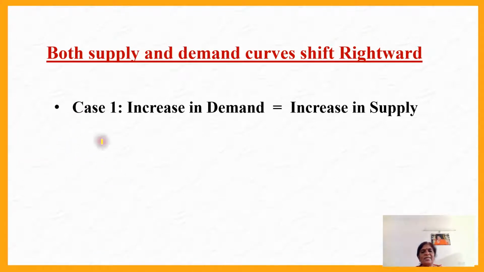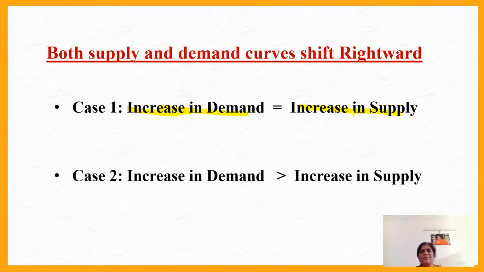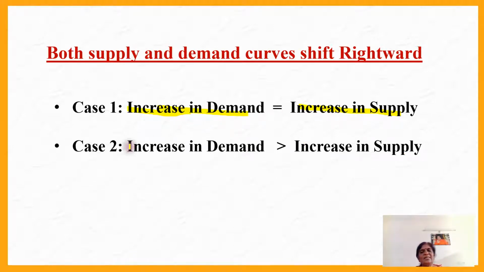When we say the magnitude, it may be that the increase in demand is equal to the increase in supply. That means the magnitude of shift in demand is equal to the magnitude of shift in supply. In that case, that is the first case, we will see in the diagram later. The second case may be the magnitude of increase in demand is greater than the magnitude of increase in supply. That means the increase in shift in demand outweighs the increase in